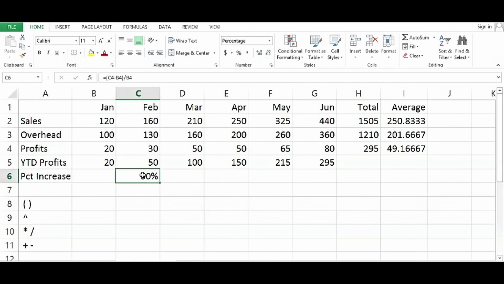Now, do we want to do the same kind of thing in adjacent cells? Yes. Remember, what we're doing here in cell C6 is calculating the relationship between those two cells. And sure enough, in this cell right here, we want to be doing the same kind of calculation with these two cells. So we simply, going back to cell C6, drag that fill handle in the lower right-hand corner into these cells to begin analyzing the other data. And let's say within this first 6 months, it's quite erratic. We grew by 50%, then by 2/3, 67%, then it went flat, then it grew by 30%, then it grew